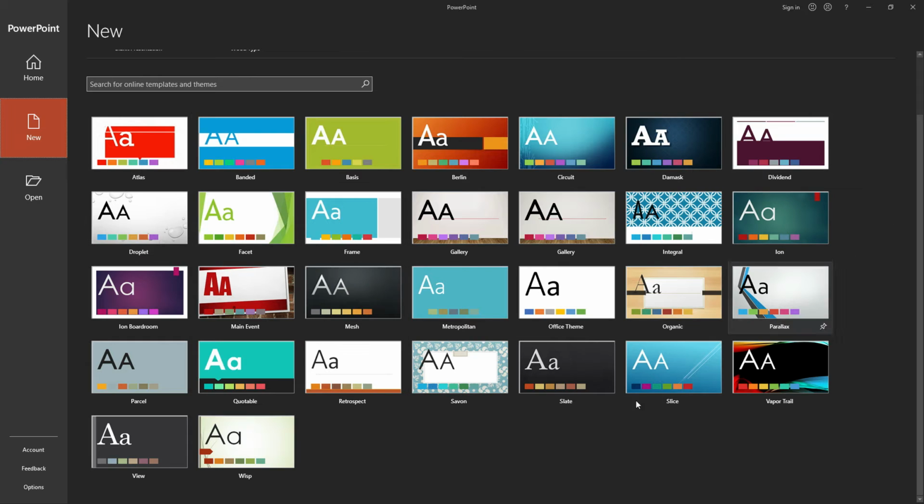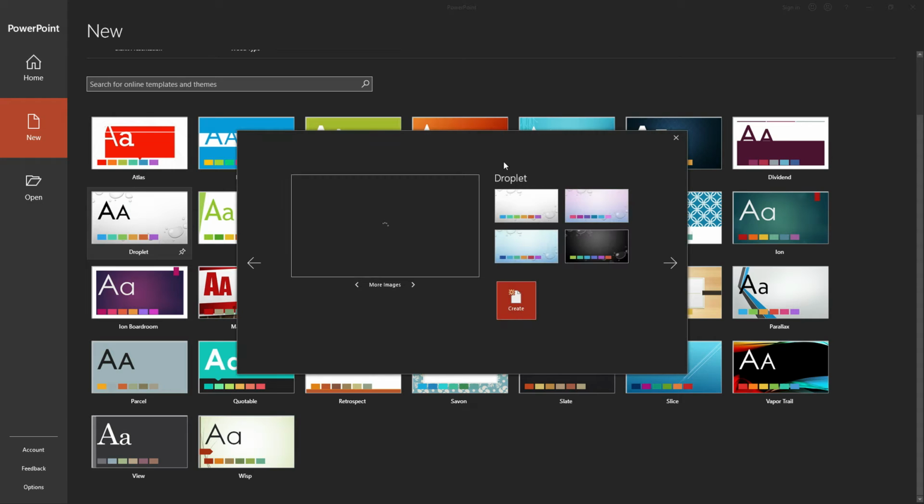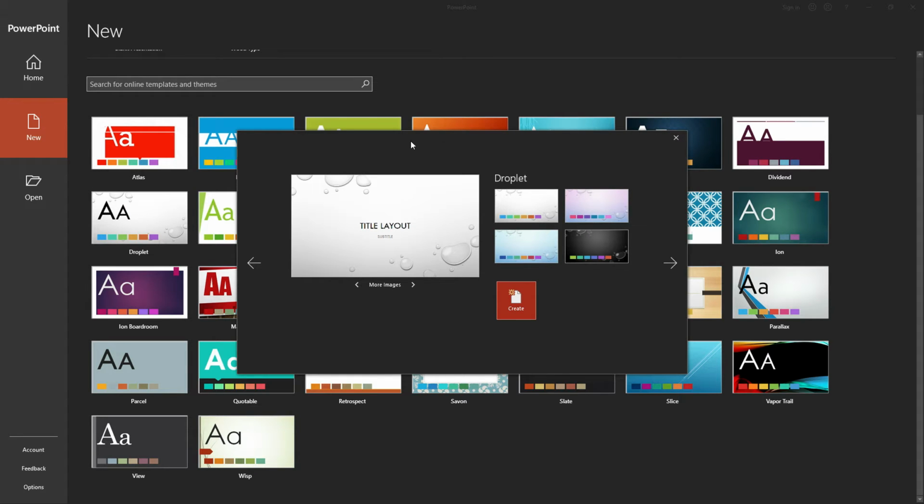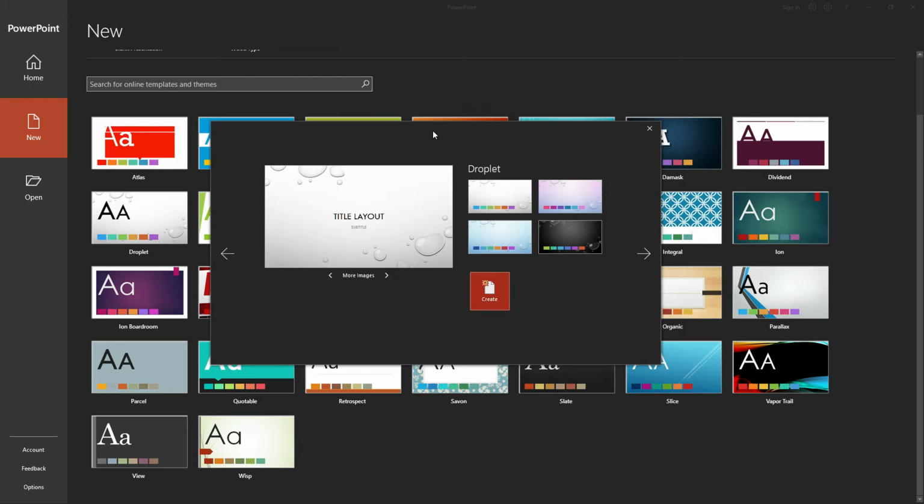You can just decide to pick any of the designs for your project, depending on the project that you want to do, whether to prepare lesson slides or for animations, like for slideshows, for video shows, for photo shows, and other things. You can just select any of them, and I'll select droplet. So once I click on it, it will present me with another document pop-up,